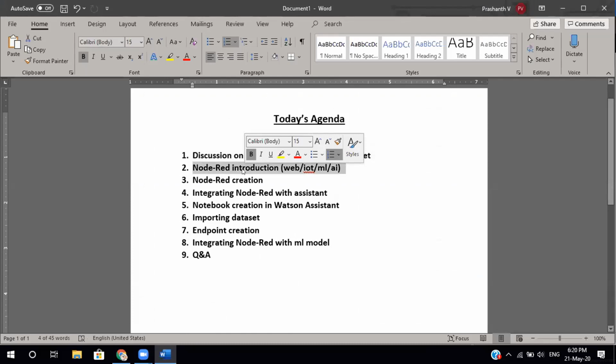I've told you all about Node-RED introduction. So the thing is, we are going to make a website which will be connecting your ML or AI services. So you can test your ML and AI services very easily, and we can also build a web interface for it. And then Node-RED creation.